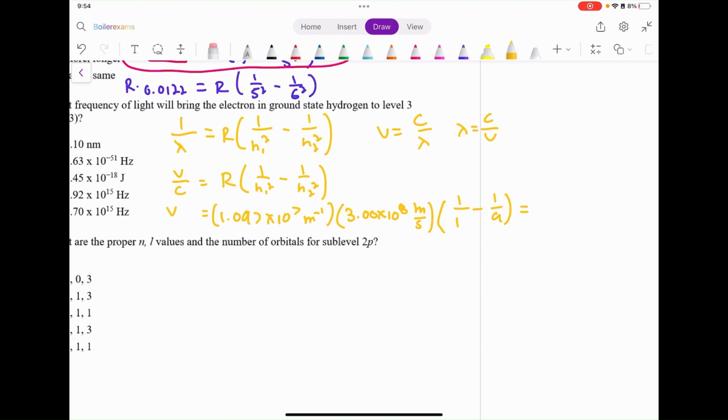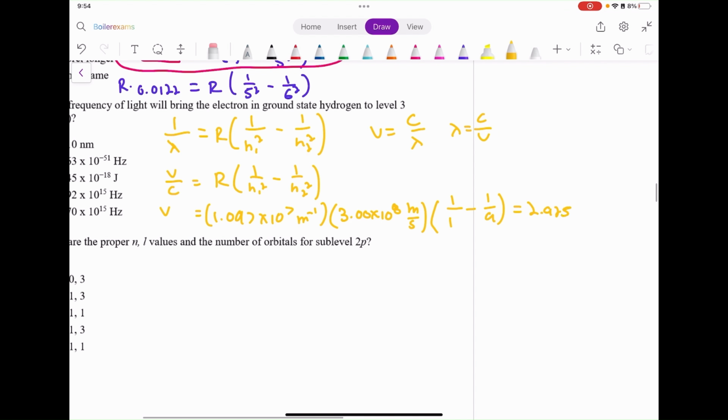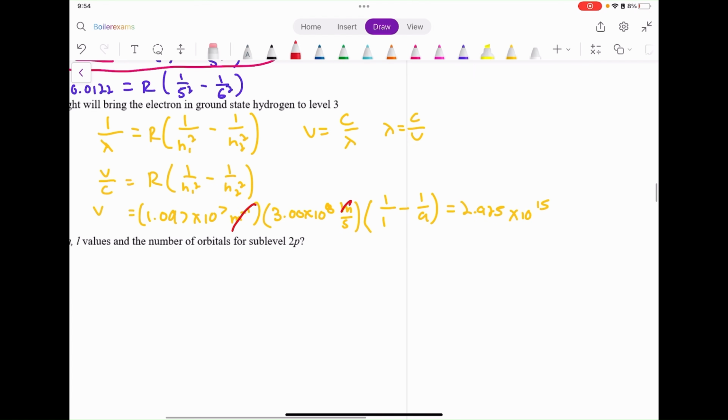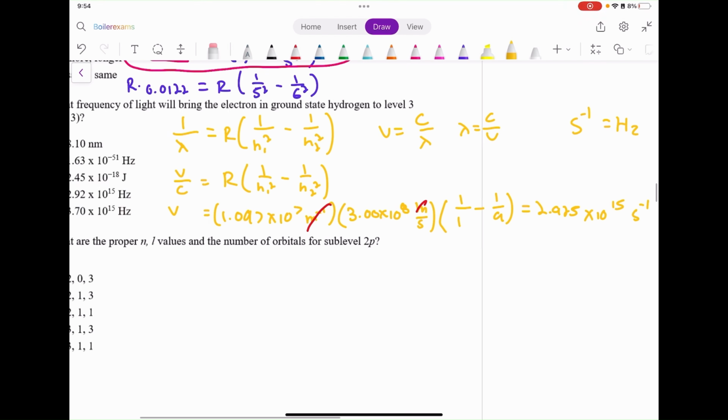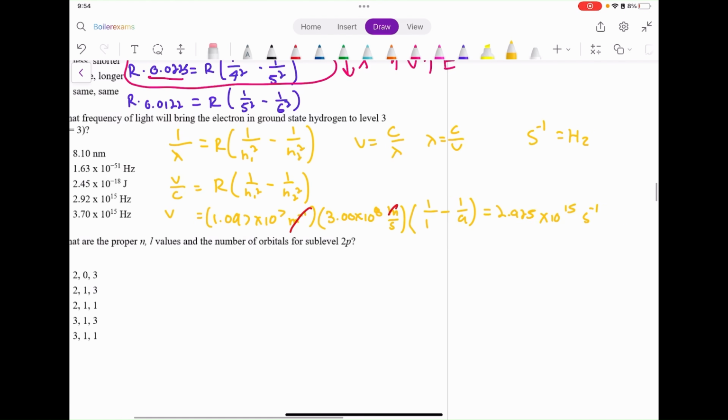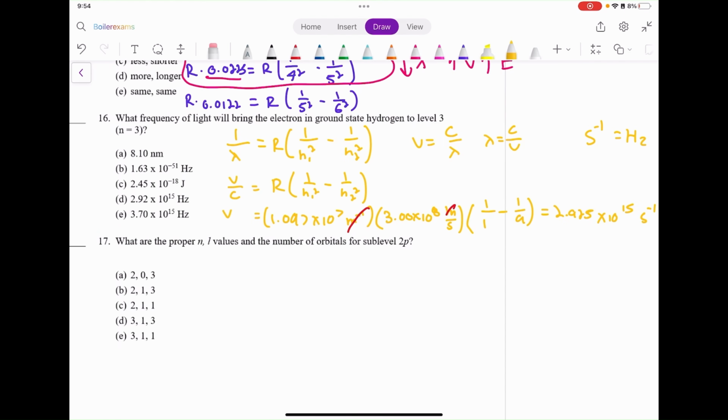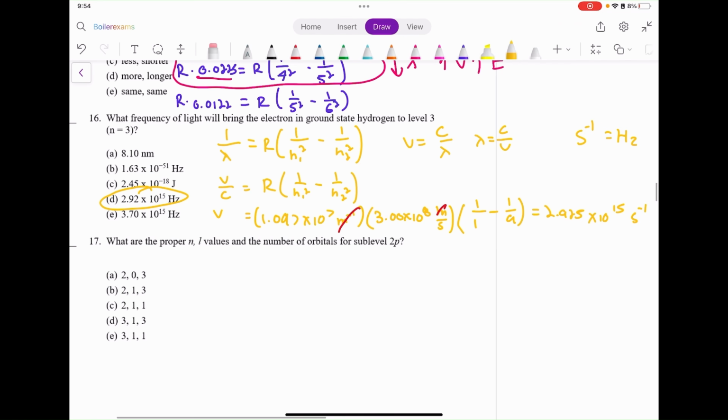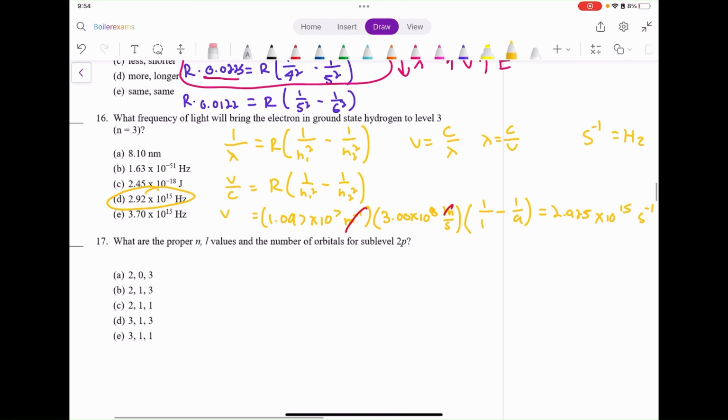And I get that the frequency is equal to 2.925 times 10 to the 15th. And let's see what my units are. So that reciprocal meter is canceled with that, and then this is just reciprocal meters, which a reciprocal second, and a reciprocal second is a hertz. So let's see, what's our answer here? Okay, is that right? 16D? Yeah, 16D. The only reason I'm a little upset is because I would think that would get rounded up to 2.93, but